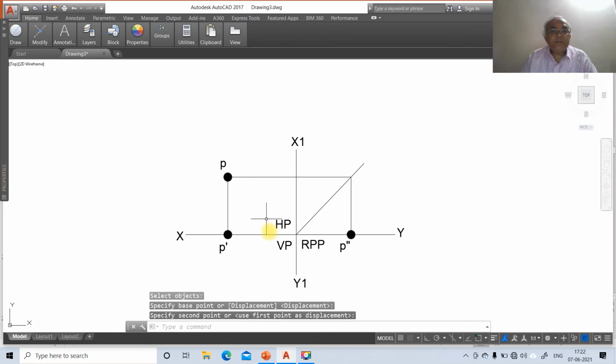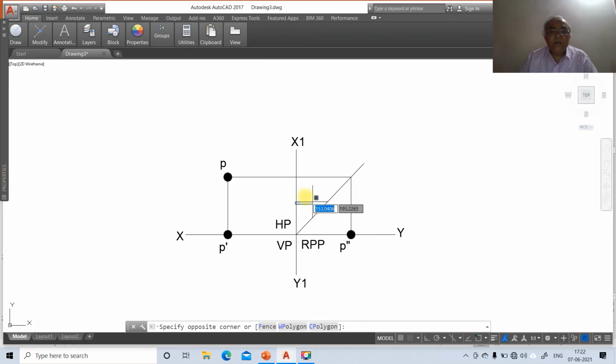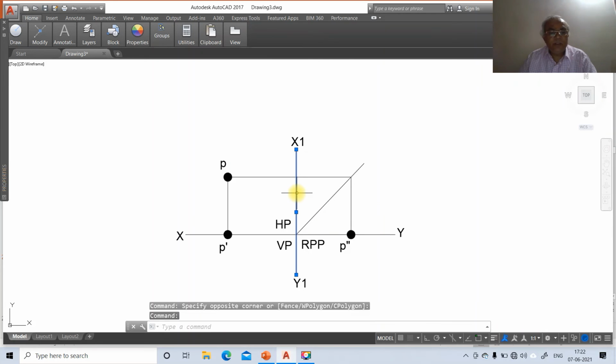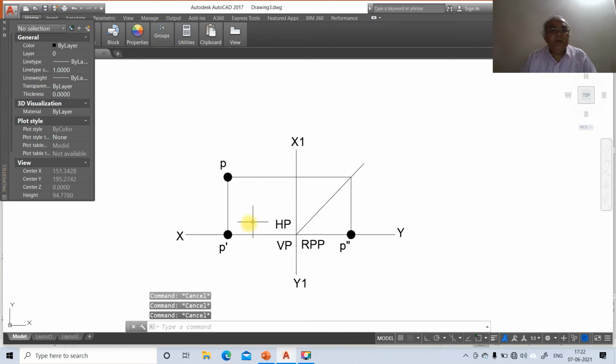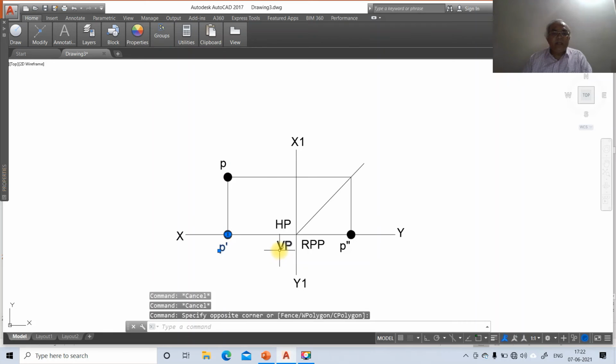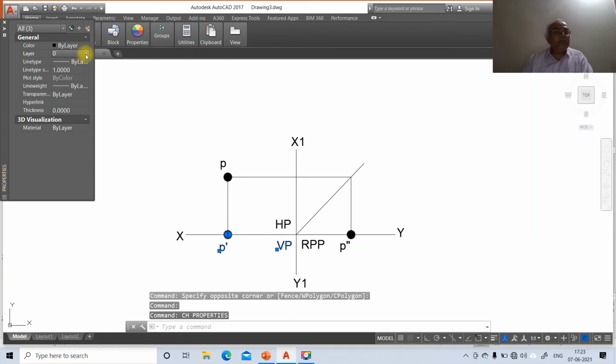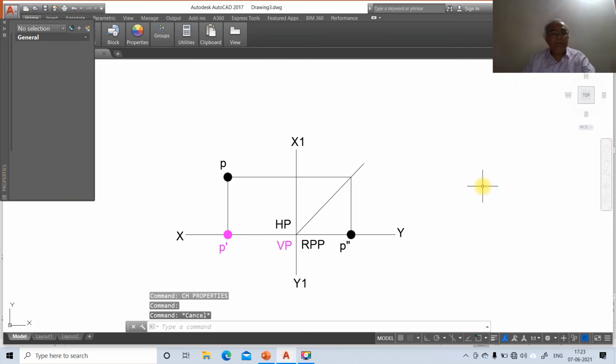Now we want to change the layers. So this and this, I think we already changed these two, the XY line. So now we want to change the points. First we are going to take this p dash with vertical plane, go to ch, go to layer, make this as the front view.